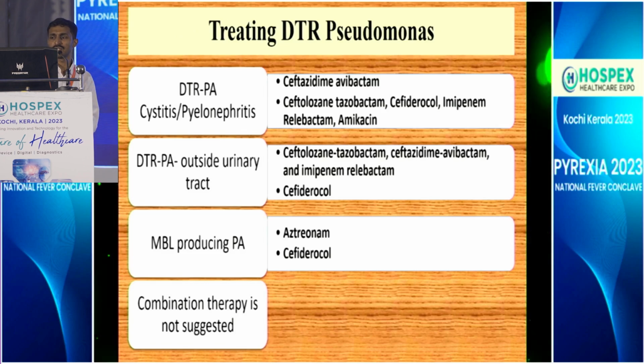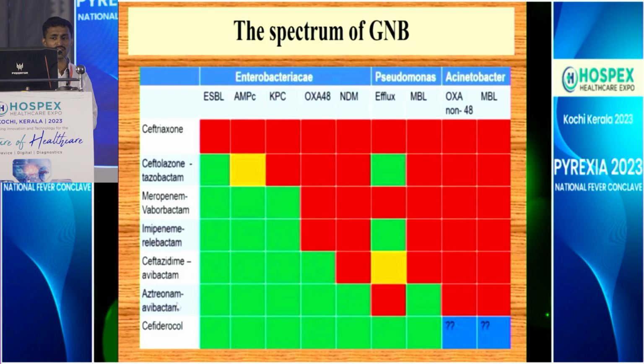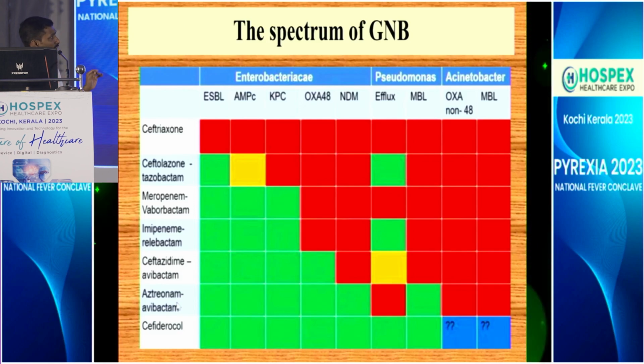So, in a nutshell of my talk, I would say ceftriaxone has no role anywhere in treating these resistant organisms. Ceftolozane tazobactam is a newer drug. It is again not available in India. It is good for Pseudomonas. And the only thing that we have in our place is ceftazidime avibactam, which could work in ESBL, AmpC, KPC and OXA. But it won't work in